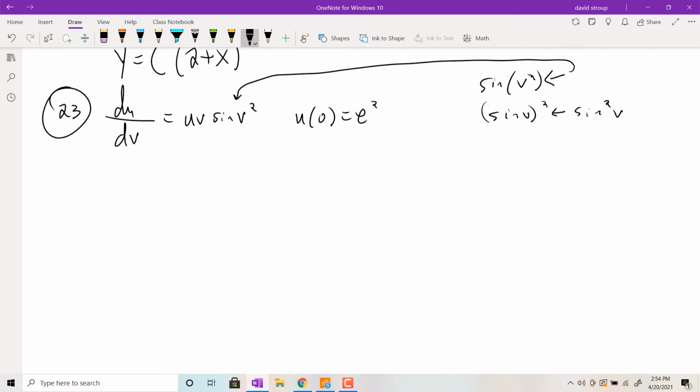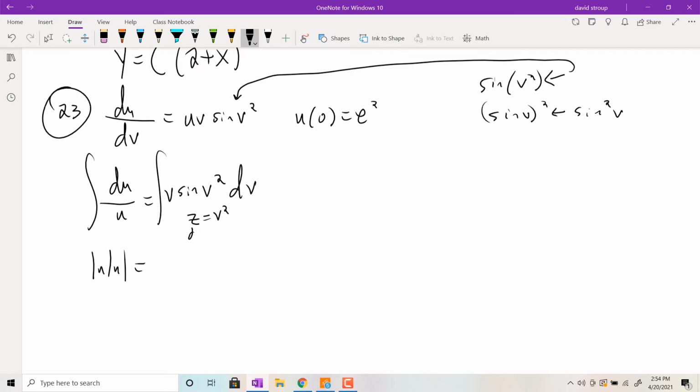All right, so anyways, separate. Get the dv over there. Integrate. On the right, I need a u sub this time. Let's do a z sub, right? Oops, 2v, not 2z. Okay. So I got the integral of v sine of z times dz over 2v, which will be,